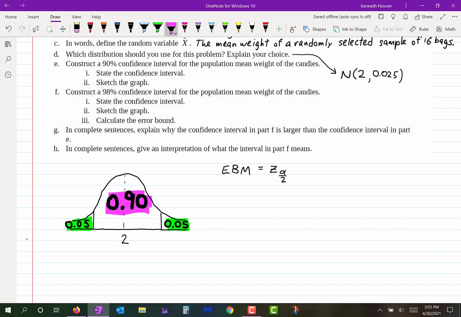By the way, I haven't finished writing the formula for the error bound measurement. It's z of alpha over 2 times sigma divided by the square root of n. So we look this up in a table or using Excel, and I did that, and I found